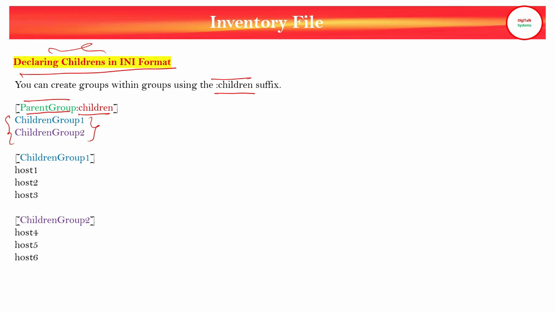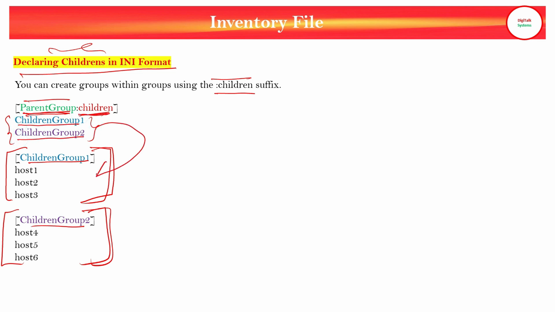Now what we are doing is rearranging, or you can say we are grouping the different groups under a single name, which is called the parent group, right? So you can consider this is our basic grouping. This is our one group, this is our second group, and we can create them as children. For that we can create a parent group with the children tag, and inside that we can define the name of the group. This way we can further simplify the management of multiple hosts